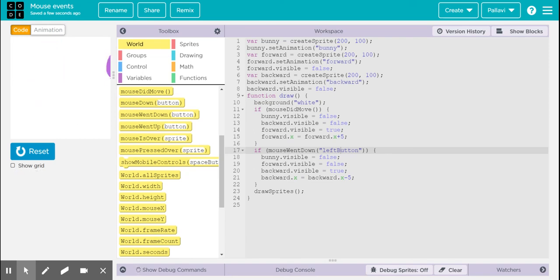Now instead of mouse went down, if I say mouse went up, which is the next command, then it is quite similar to what it does when I say the mouse went down. It's just the opposite Boolean value, but the output would be similar. Only the condition here that the computer will check is whether the left button of the mouse is pressed, and if it is up, then when the mouse button is pressed and it's up, it's going to take the commands which are mentioned here, which is going backward by 5 steps.